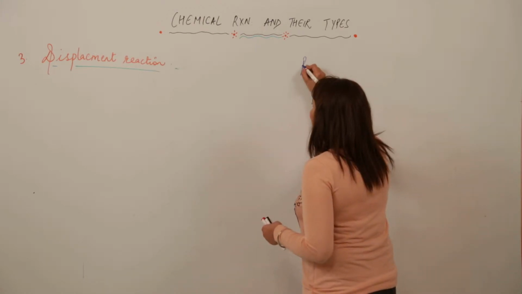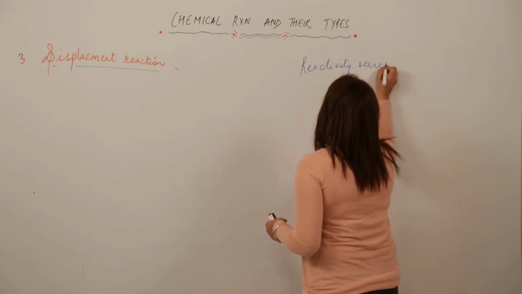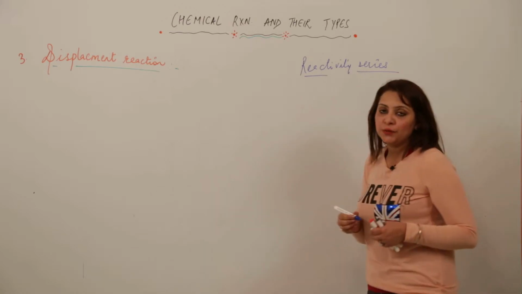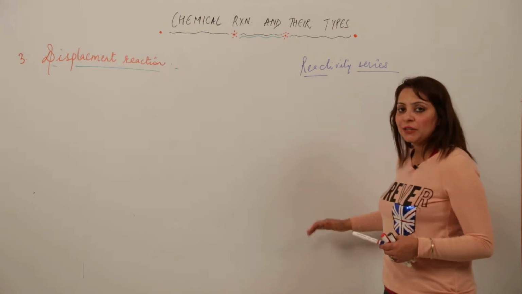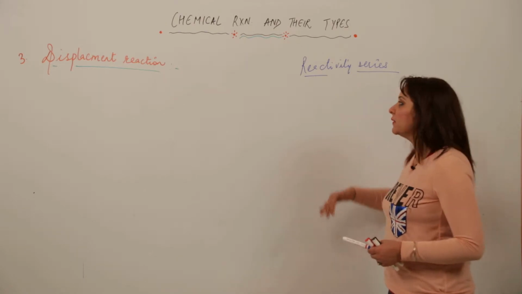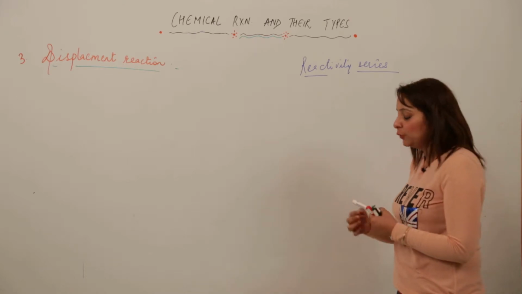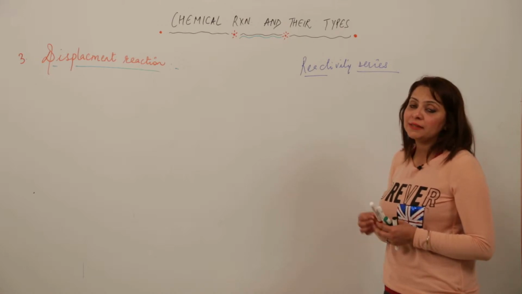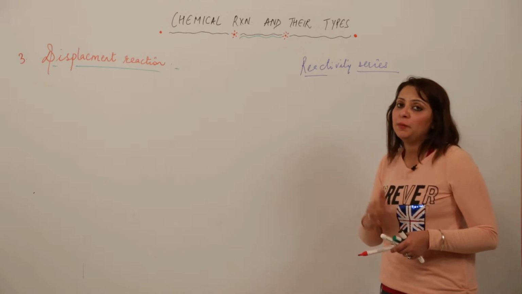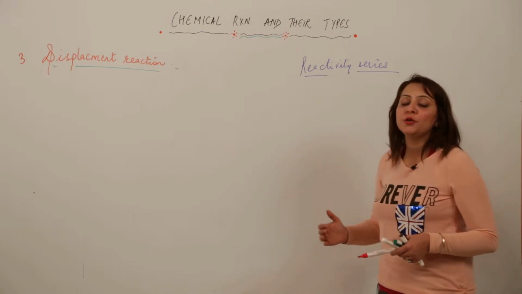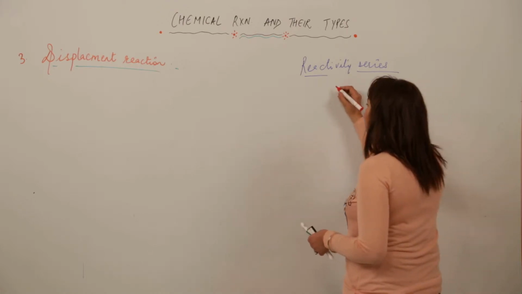reactivity series is. The reactivity series is just the arrangement of elements according to their reactivities. It is just the arrangement of elements in the decreasing order of reactivities, that means more reactive at top and less reactive at bottom. So I am just writing the reactivity series for you, and you need to remember this series because you won't be provided with this series in the chapter. You have to remember it so that on the basis of it you will be able to do the displacement reactions, right. So the reactivity series of metals is